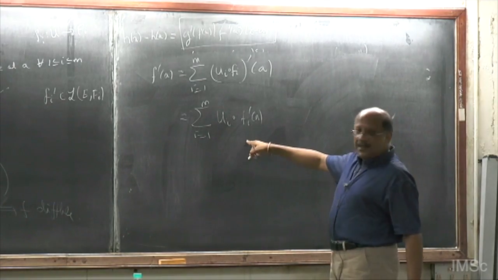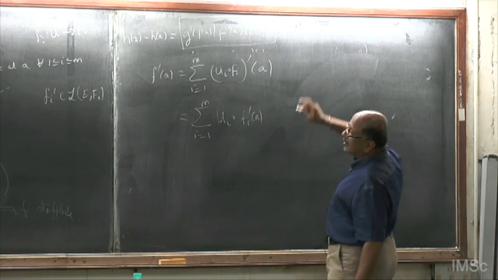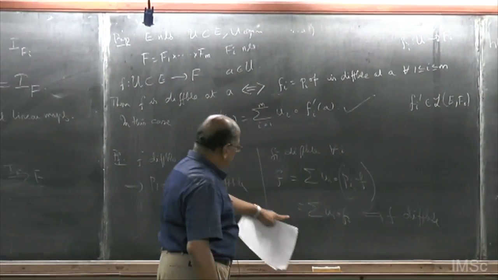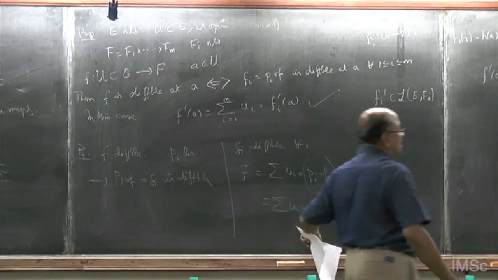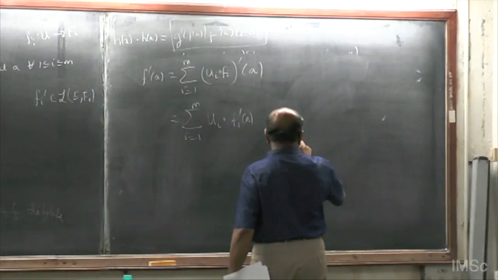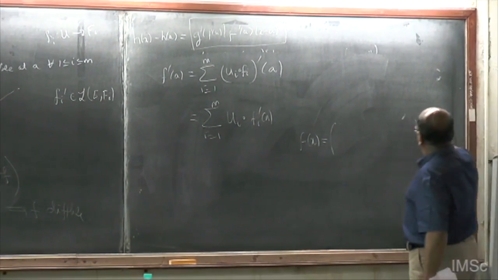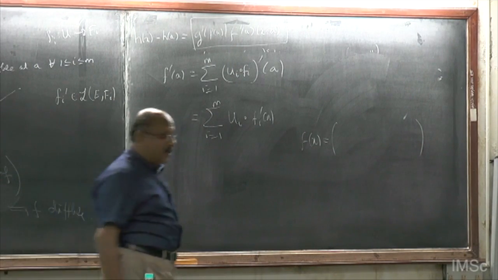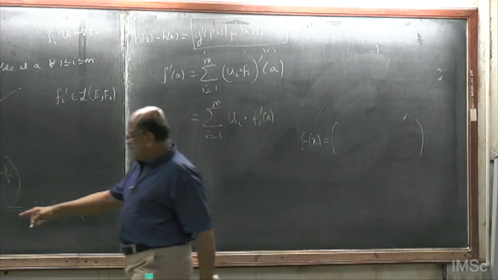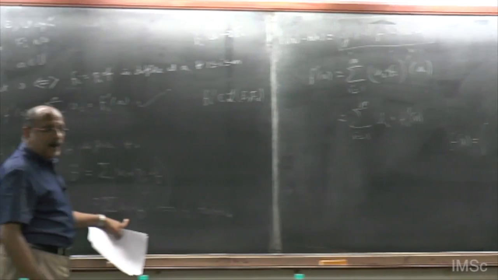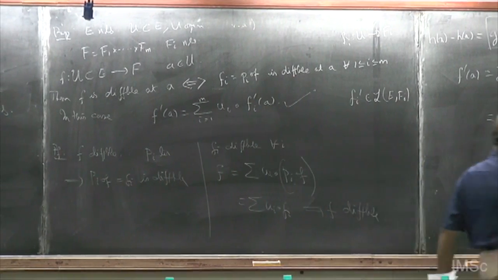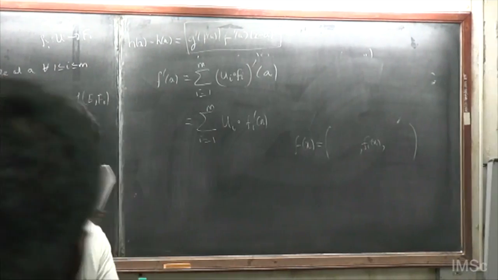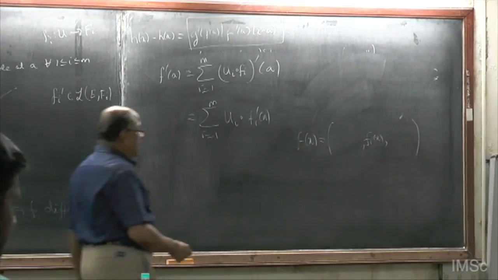What does this actually mean? See, we wrote a formula here, f equals sigma ui fi. What does it mean? F of x is an m tuple, right, because it goes into a product space. Now, fi of x, if I apply ui, that means I will put fi in the ith place and 0 elsewhere. Now, I do this for all i and then I add up. So, I will get f1